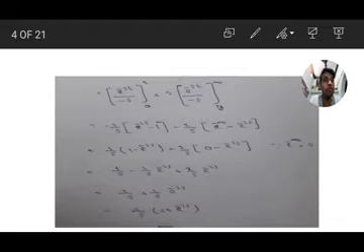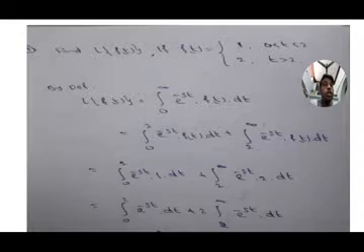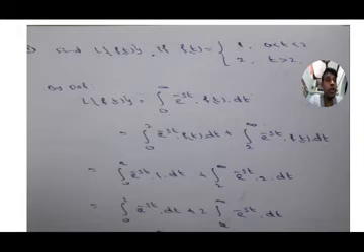Laplace transform of piecewise continuous function. Given f of t equal to 1, t less than 2, and 2, t greater than 2. Okay, write down. I will give 1 minute. Within 2 minutes, you will write the question and answer. I will wait for 1 minute.